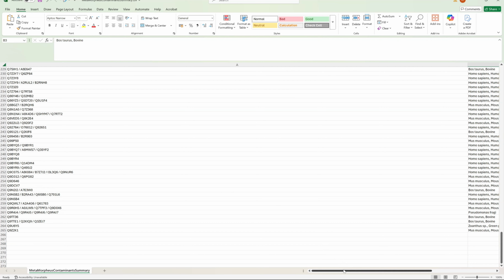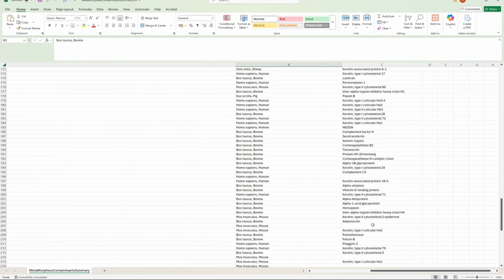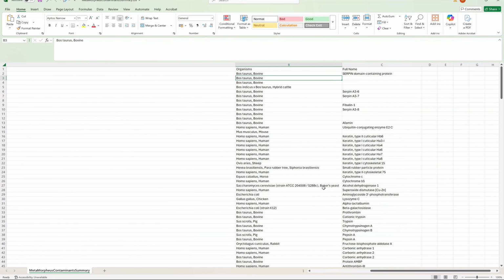So you can look for exactly what we're searching for on our default settings. Again, this will change if you have your own FASTA files, if you have your own common contaminants file that you want to integrate with the software. It's absolutely something we can help you do. If you're not ever going to test anything that might have bovine contamination, you only focus on human, that's definitely something we can talk about